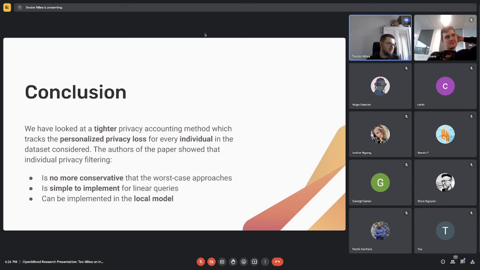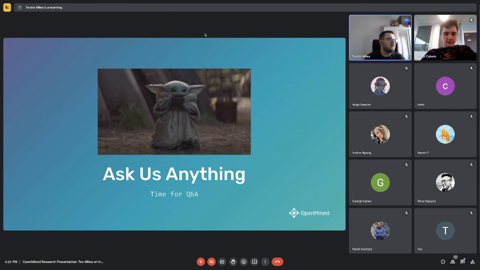It's also pretty simple to implement for linear queries. We have talked a bit about nonlinear queries and the main challenges that arise from them. And another thing that I didn't really expand on is that this can be implemented in the local model if you are interested in that, as opposed to having a global model of privacy. Yeah, that's something that's useful. Okay, so yeah,